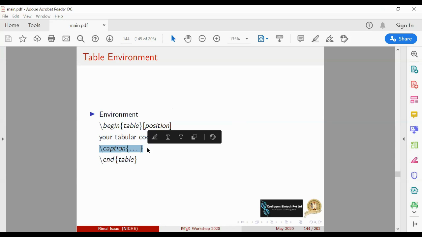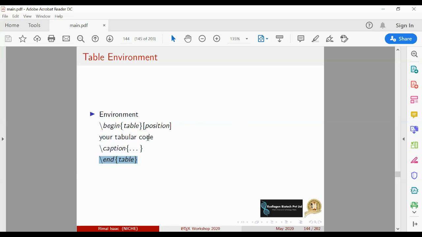This will be the caption for your table, and you give \end{table}. If you type this and compile, what happens? LaTeX will automatically type Table 1 colon, or however it is defined in the class, and then the caption for this table environment. So this is the way tables are given numbering in LaTeX.